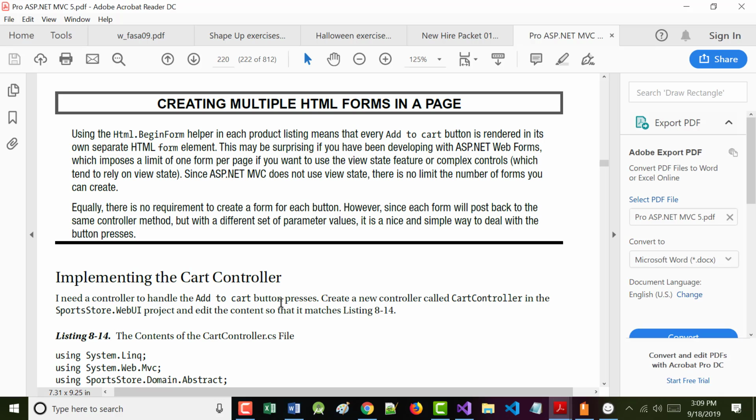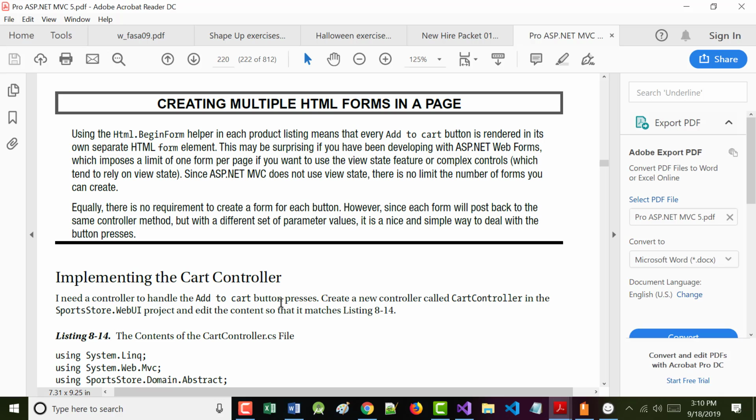Also, something different in here. Again, don't have to look. Please listen. This is the top of page 220. You may or may not even be aware of this. On an HTML page with straight HTML, you can only have one form per page. When you put HTML inside of a .cshtml file, you can have multiple forms on the same page.